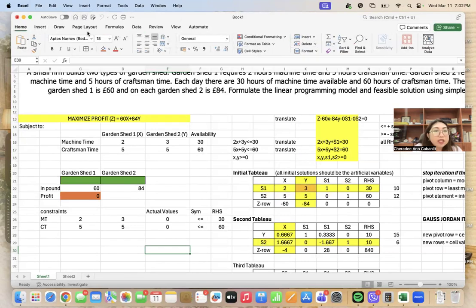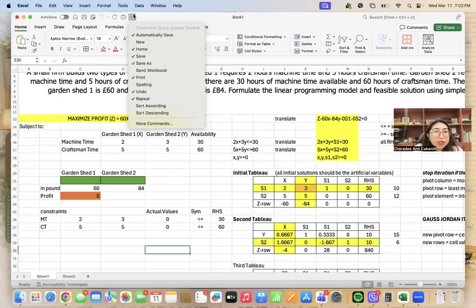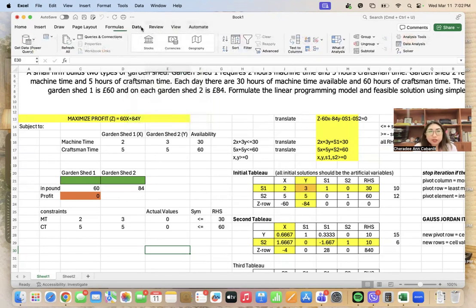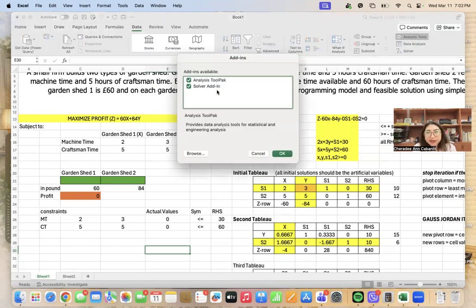I'm not really familiar with Excel in MacBook, but in Windows, you can just go to File and then add Solver. But in here, I already downloaded it before. I forgot how I did that. I think it's in the analysis tools, and then I just added Solver add-in. Yeah. So for MacBooks, analysis tool pack, and then Solver add-in, you just add those two tools.